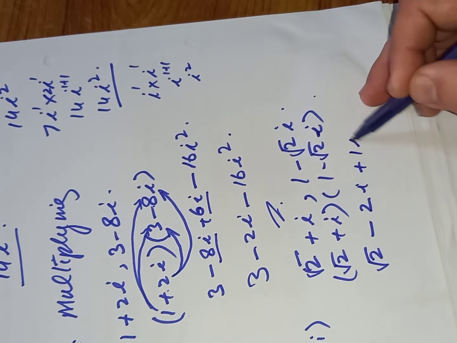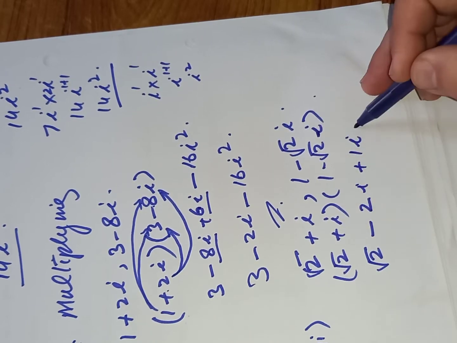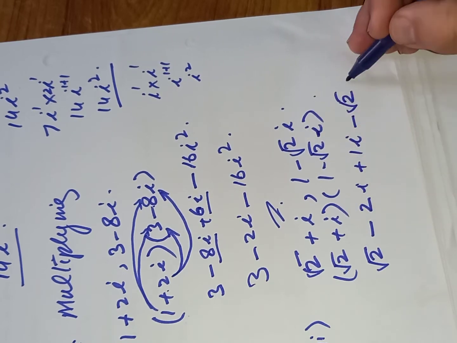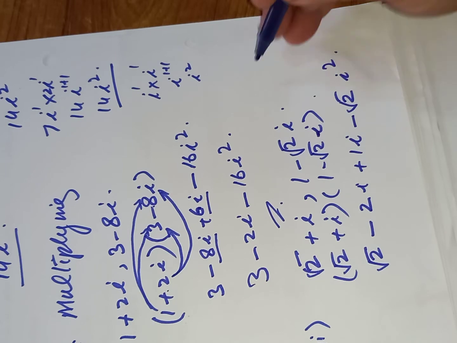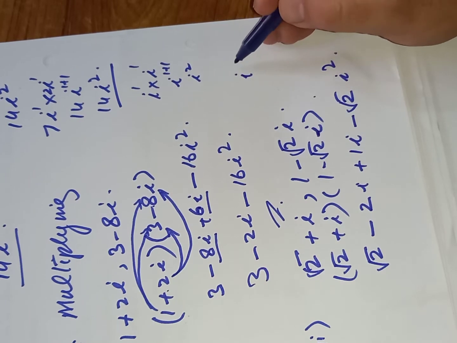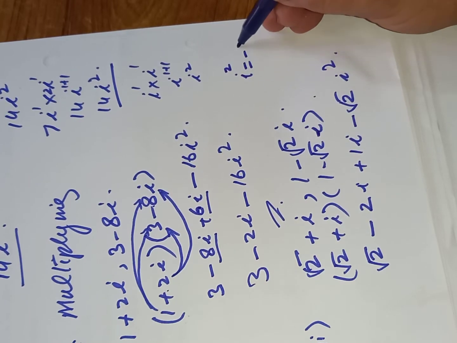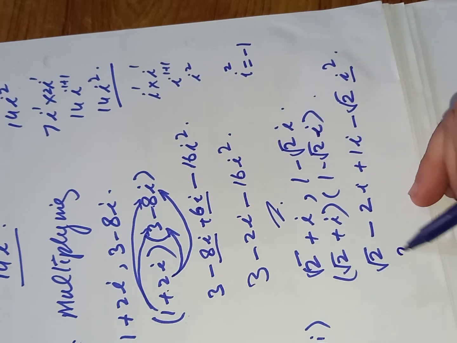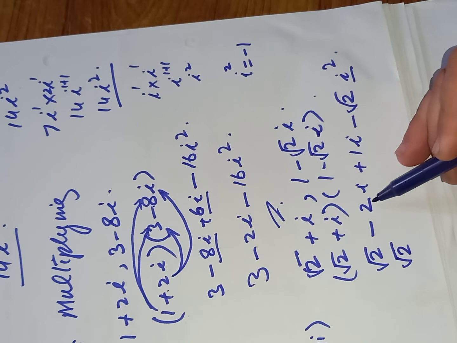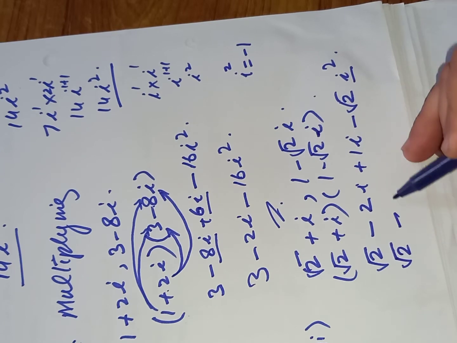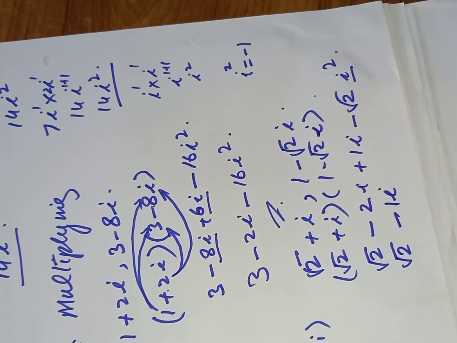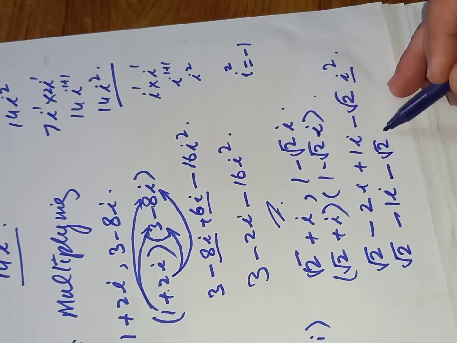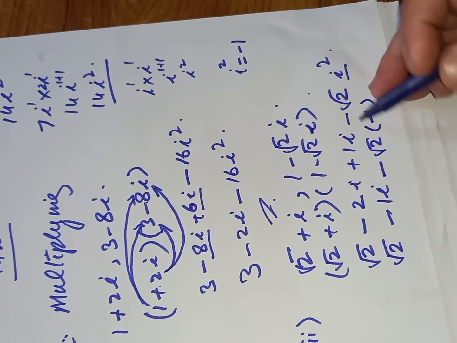1 iota. Here it is plus minus minus 2 square root iota multiply iota square, and we must know, as I told you before, iota square is equal to minus 1, so we can replace this with minus 1 as well. It is 2 square root, it is minus 2 iota and plus 1, so minus 1 iota left 1, and minus 2 square root iota square means minus 1.